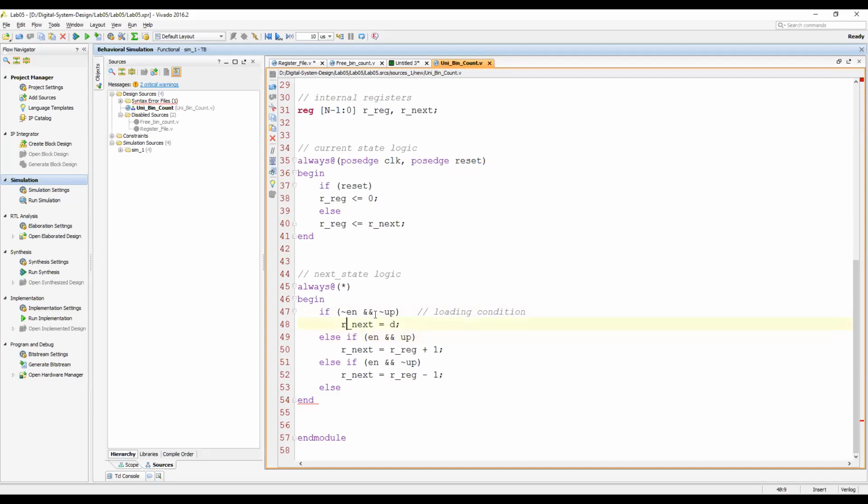Okay, so let's say these both are 0, 0, and this is 1, 1, and this is okay.